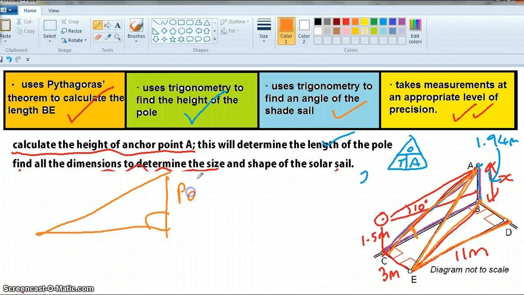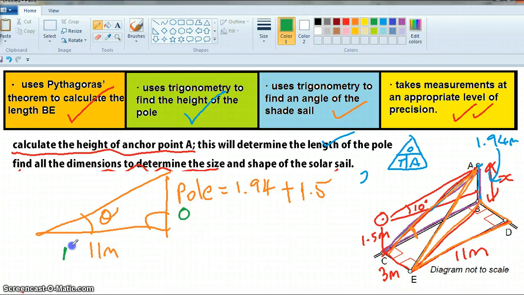This is our pole, and our pole was 1.94 plus 1.5, and our base was 11 meters, and we're looking for that angle there. So how do we get that angle? Well, that's the opposite, that's the adjacent, and again it's tan theta equals opposite over adjacent, so theta equals undo